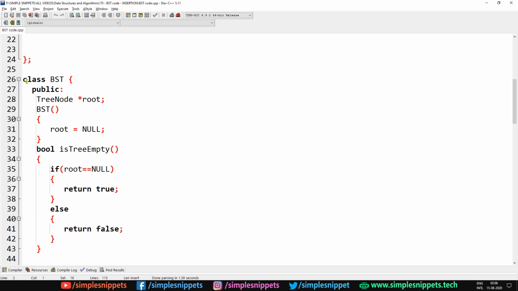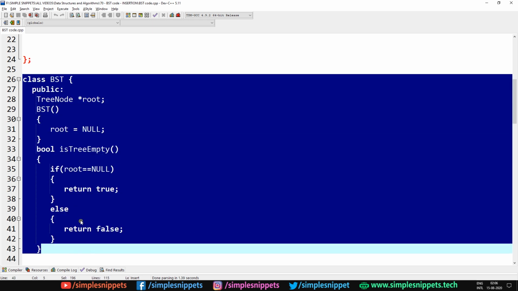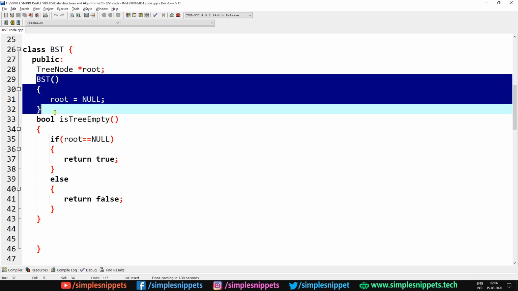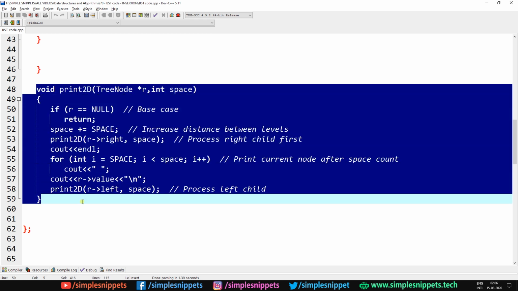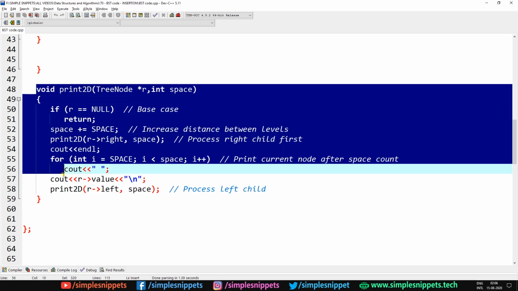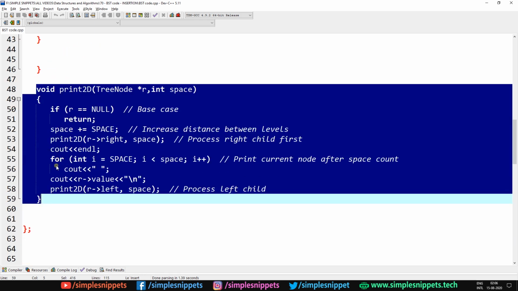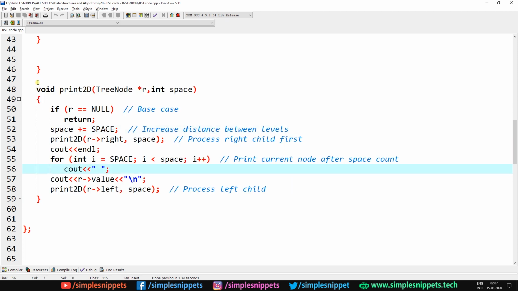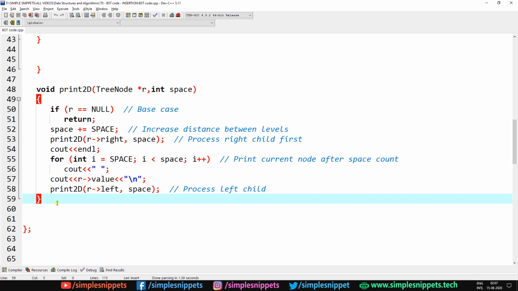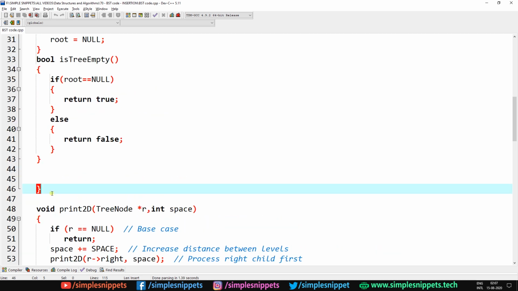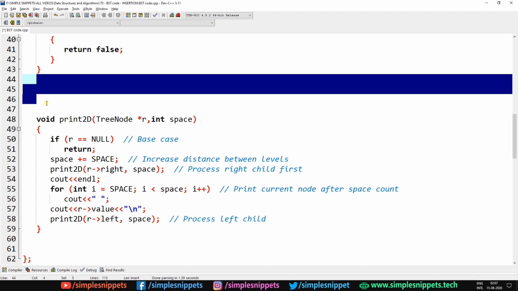Now coming down, we also did the class BST. We created that. Inside that I've just created an extra constructor. This was not there in the previous tutorial's code. So just copy this or just type this out. And then we also have this extra print 2D function, which I will explain later on when we go to the printing in traversal. I'm just creating this extra function in the BST class because after insertion we obviously want to see the tree also, right? We want to see the nodes added into the tree. So I will create a separate tutorial to explain this printing part. Right now I've just copy pasted it so that we can see the output. And of course this was extra.